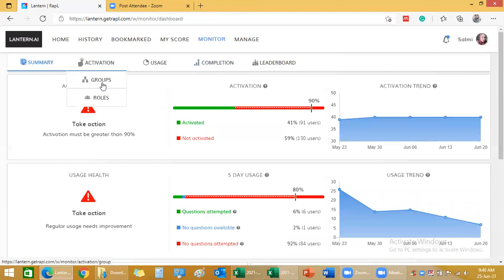This is the activation, same as the one via the mobile app, where if you click, it will show you how many users have activated or not and their roles, and you can be in touch with them. Of course, via the web, you can't call them, but via the mobile app on the phone, you can just click on the buttons and call them immediately and ask them their challenges, or maybe they are so overwhelmed with work that they don't have time to attend to the trainings. Okay,